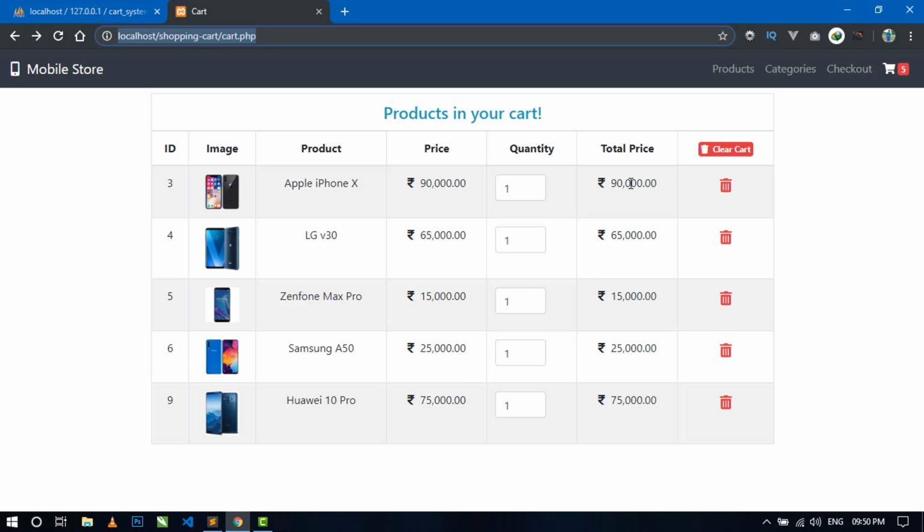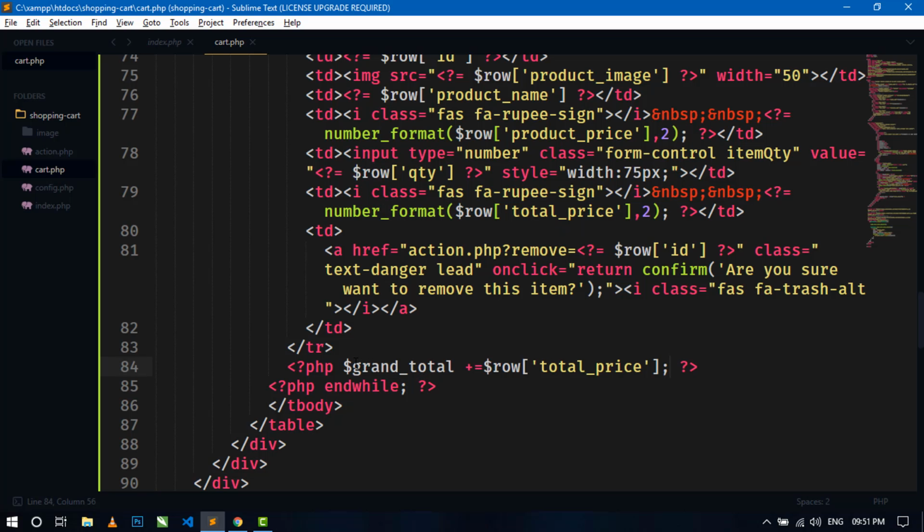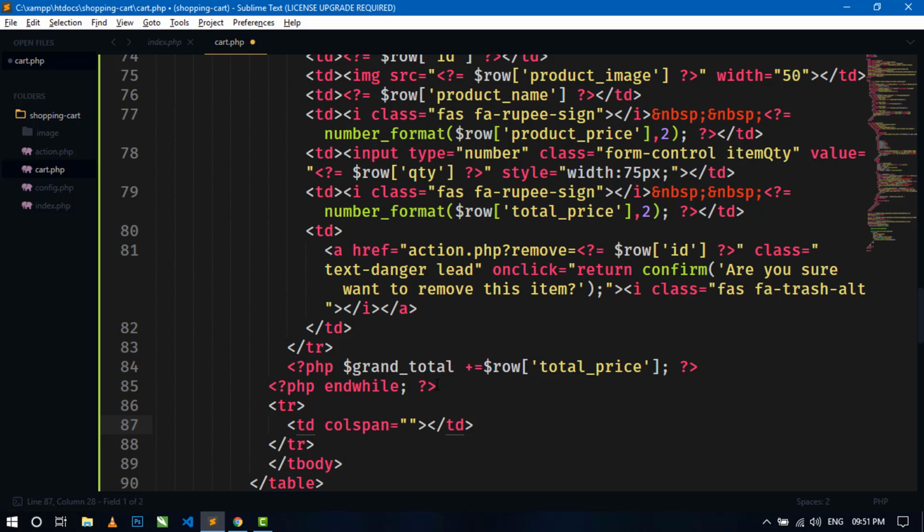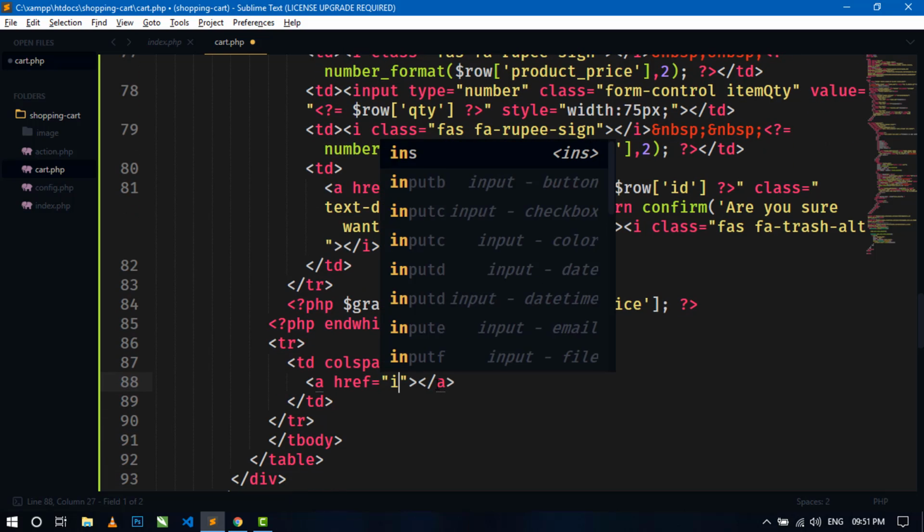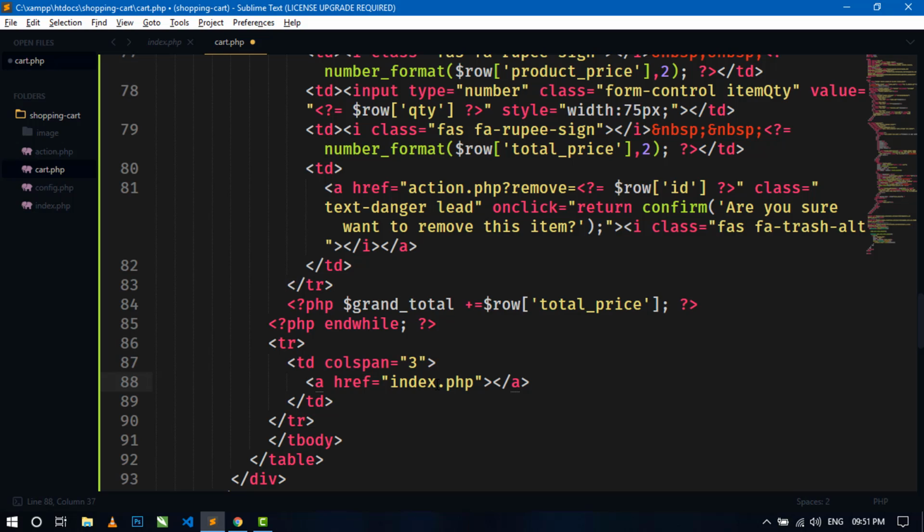It will calculate the total price by adding all the total price and assign the value in grand total variable. Okay, so now what I will do is, just below this end while loop, we will create another tr tag, and then we will create a td tag, and here I will use colspan attribute 3. Okay, and here we will display an anchor tag, and here I will use index.php, and